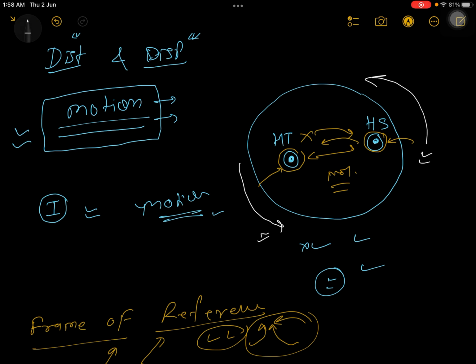You see, there is a satellite. In this satellite, one astronaut is sitting. So with respect to this astronaut, this earth is clearly moving. So with respect to this astronaut, me, your Viru sir, and you, my student,